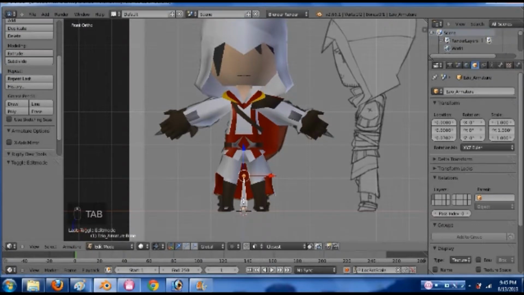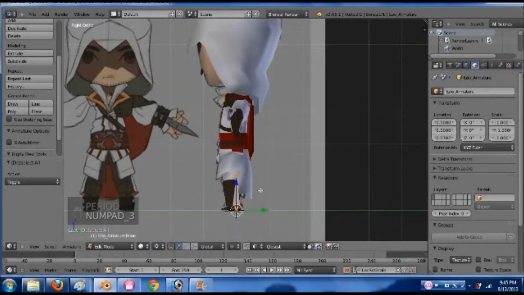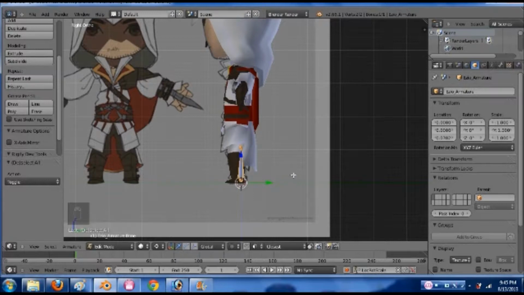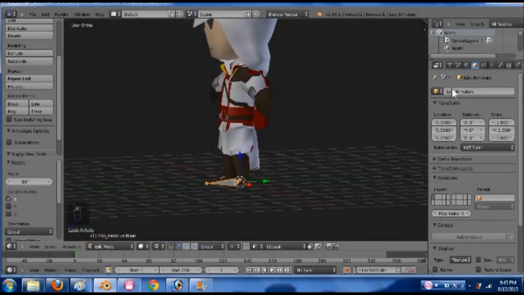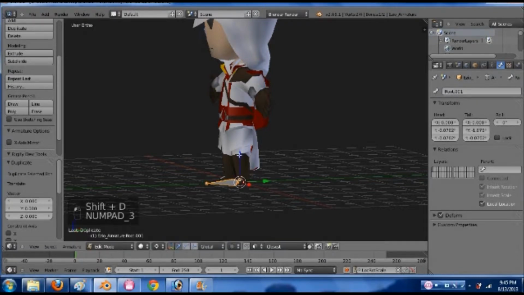And then go into edit mode, and I'm going to select the entire bone, and I'm going to press period to put the pivot points at the center there. Hit R X 90. If I go into this bone panel, I can name it. This is the base bone, or the actual technical term is the root bone. So I'll name that root, and then duplicate it with Shift D,